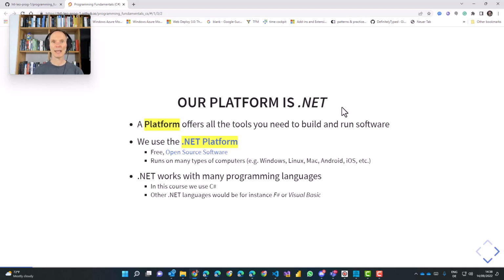Two other famous languages which are widely used and also are based on .NET are F# and Visual Basic. You can Google these programming language names and maybe take a look at code, but they are not relevant for this course. Although they are very interesting languages. In particular, F# is a super interesting programming language. Visual Basic is a great language for a beginner, but it is not that relevant anymore. In the past, it was super relevant, but nowadays, not so many people use Visual Basic to build great new applications.